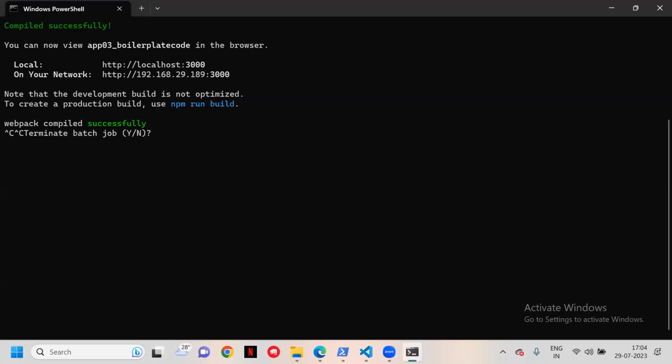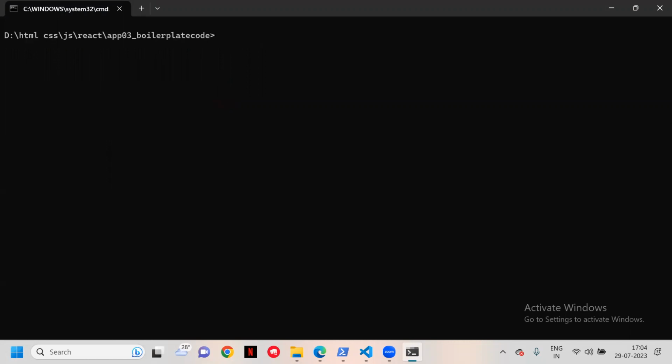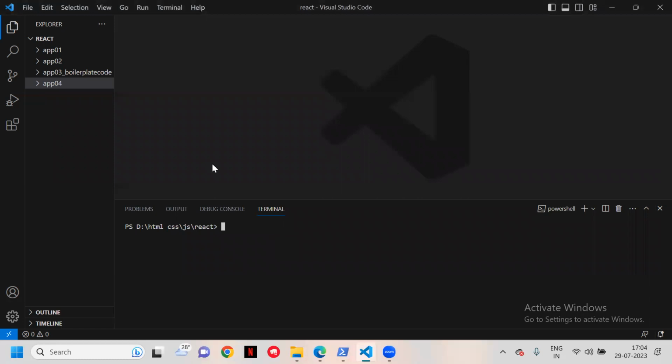Just closing it. Press Control C and give Y as an input, so the server will be stopped. I'm exiting this function. Now let us